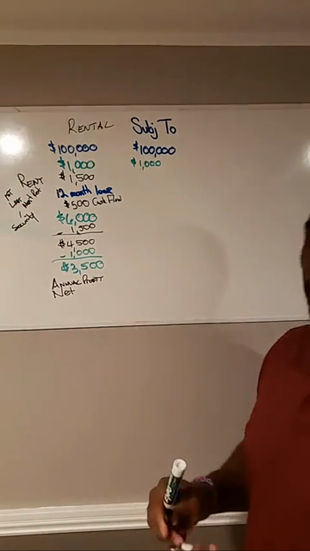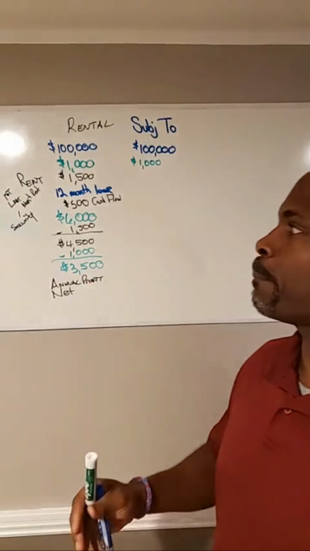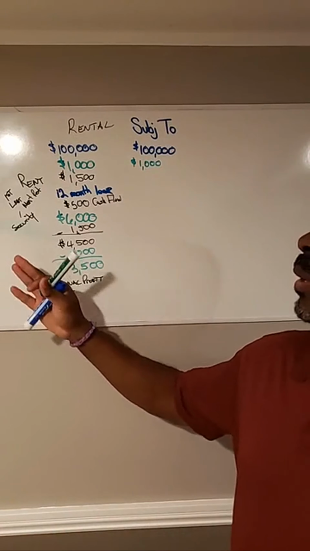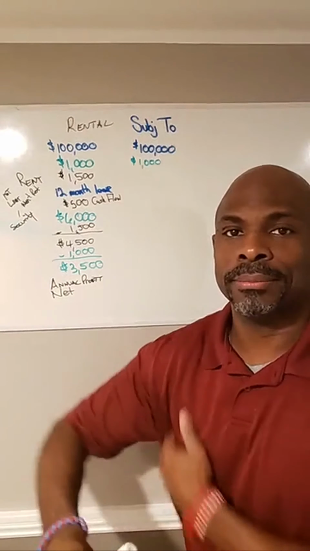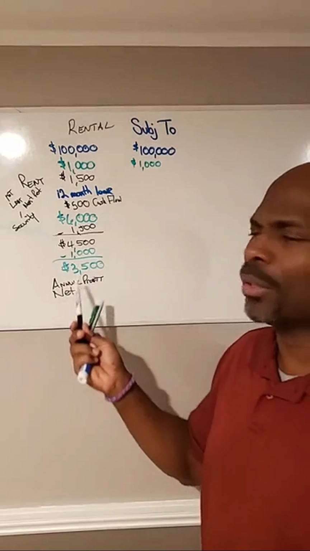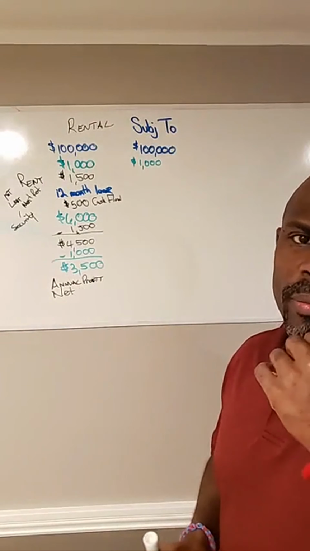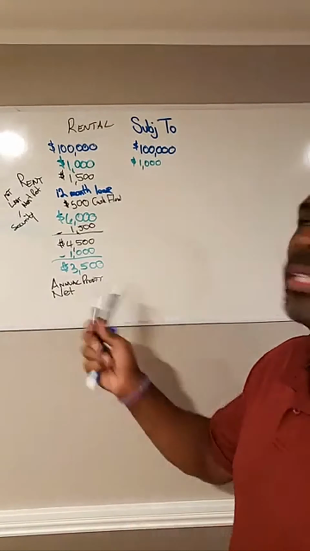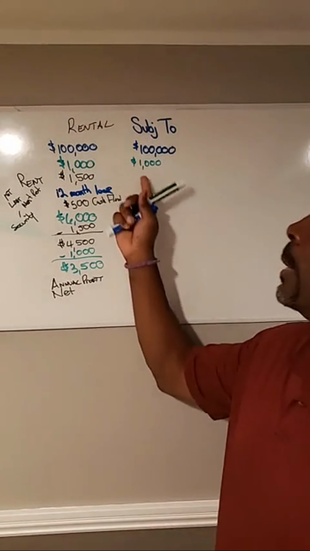All right, they gave you that for security deposit. Okay, you got to give that back based on repair. So your profit may be a little better than $3,500 because of the security deposit. All right, but here,